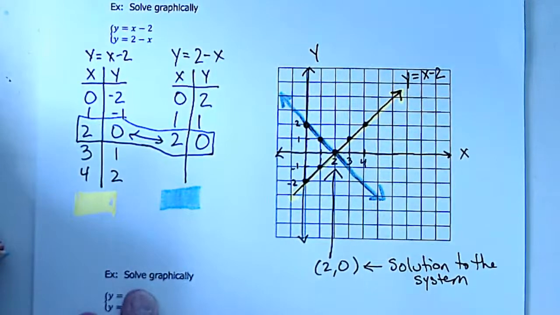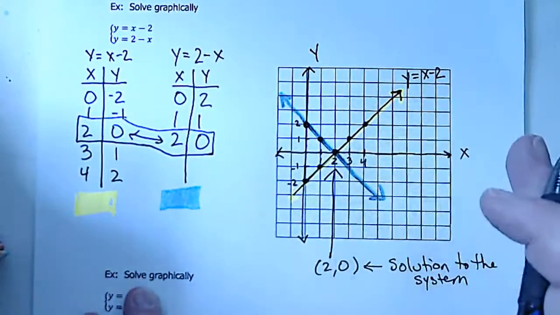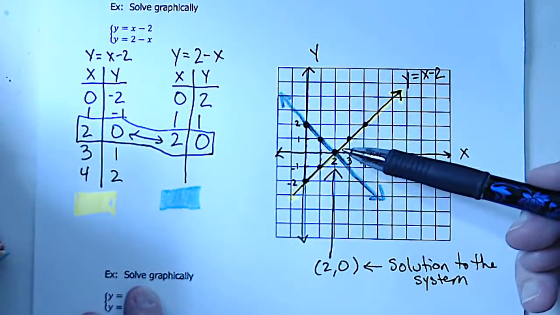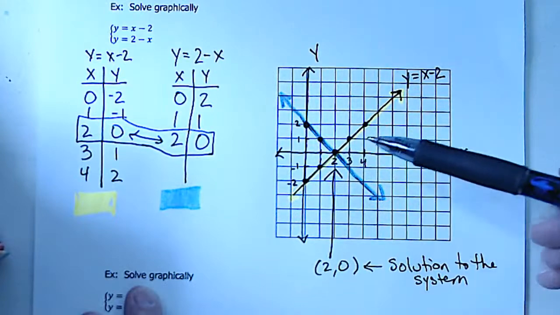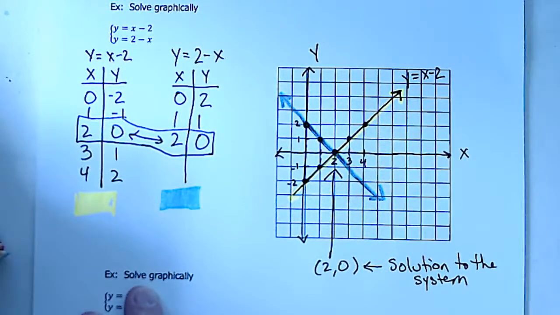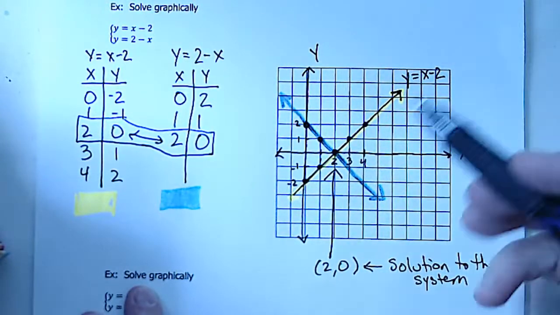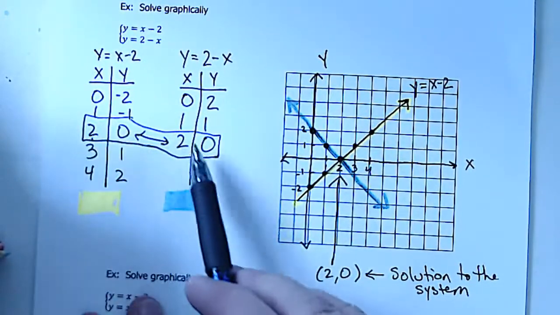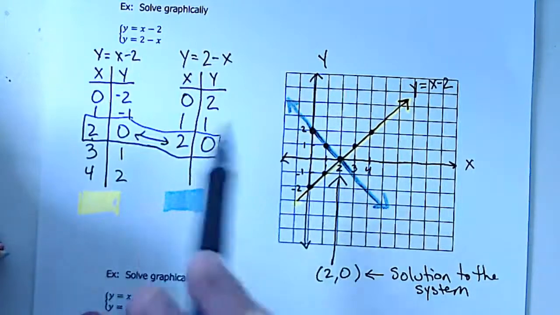So why am I less than thrilled about this method? Well, this method is great for visualizing what's going on, for having an idea that there is a solution. But why is this method of solving less precise? Well, the answer is it looks like (2, 0). And if we happen to pick (2, 0) in each of the table of values, we can actually see it